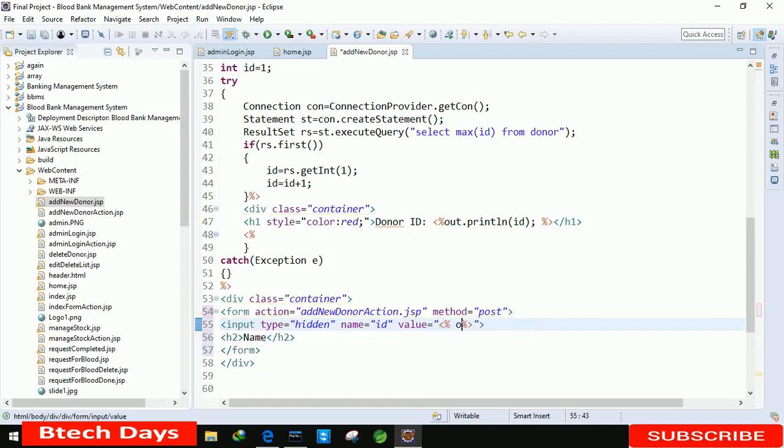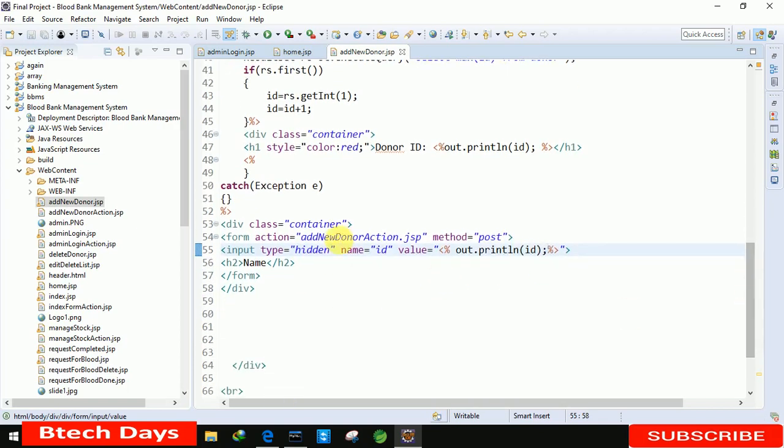here we just need to write out dot println and id. Okay, this will have the id value. Okay, after that we just need to take the input from the user.